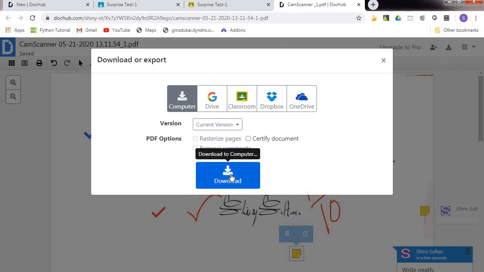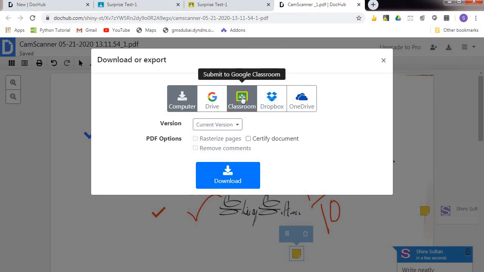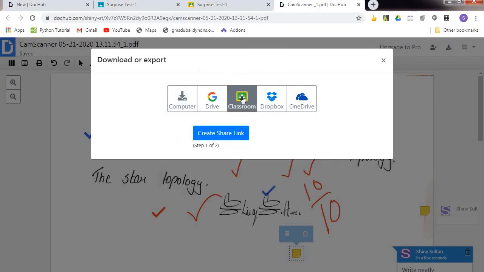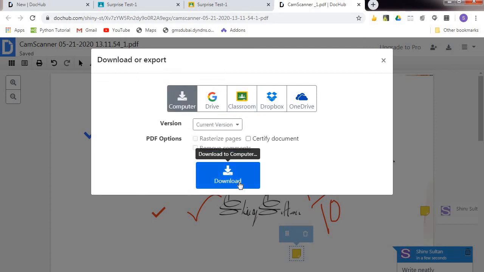You can download this and keep it on your desktop, or else you can directly go to Google Classroom and submit to the corresponding child. These both ways are there: either create a link, or else you can directly download it into your computer itself, with resized pages or some comments removed.